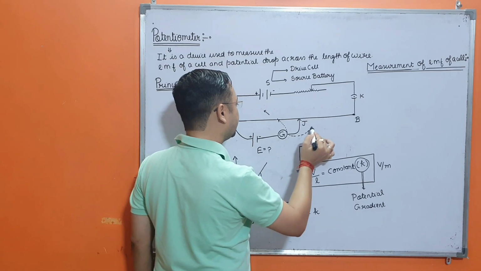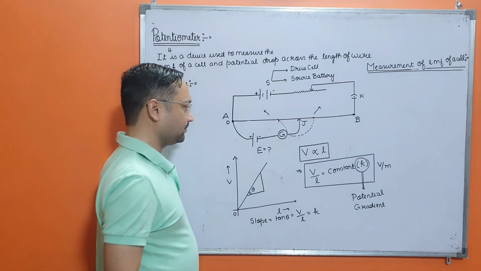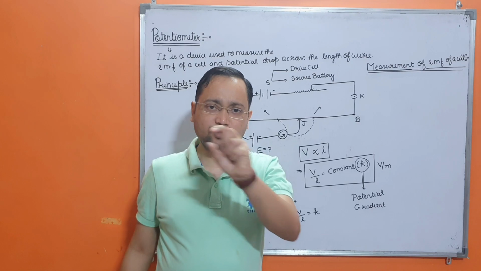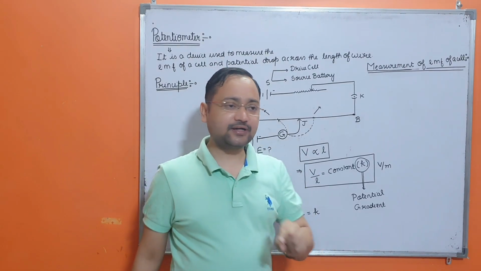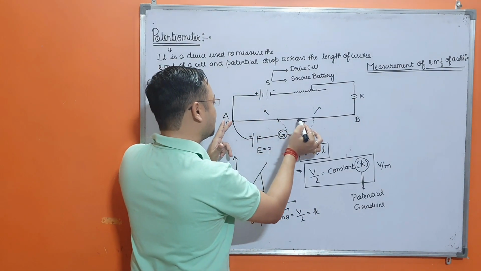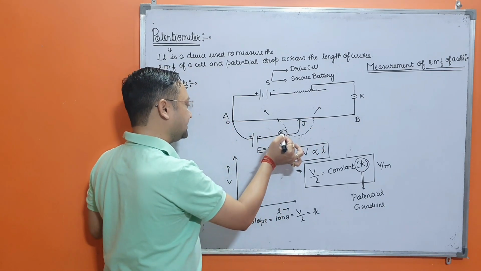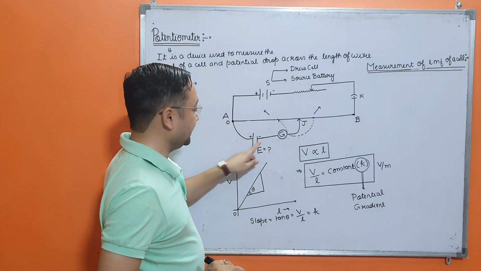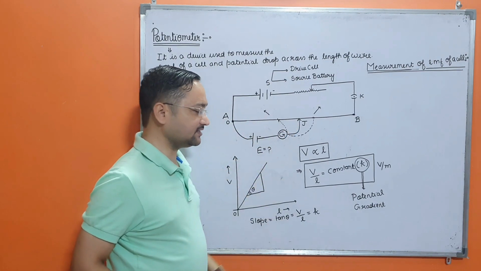We put the jockey at this point, and we found that the deflection in the galvanometer is towards the right. The point at which we found there is no deflection in the galvanometer is said to be the null point. That signifies that whatever the potential drop across that much length of the wire will equal the EMF of the cell. This is the reason no current is drawn by this unknown cell, and the potential drop in that much portion of the length will equal the EMF of this cell.